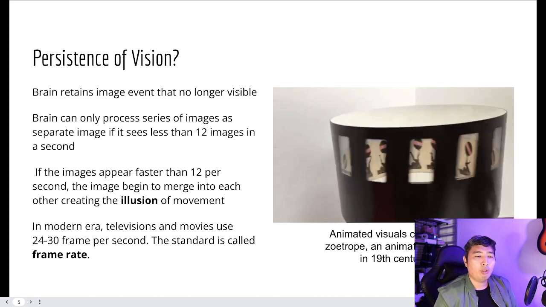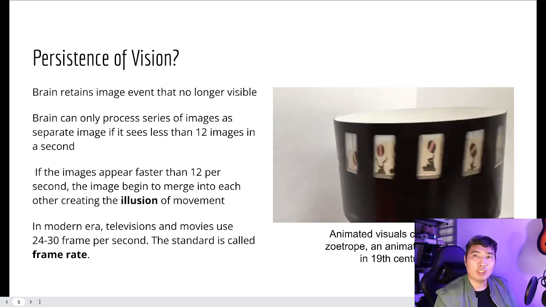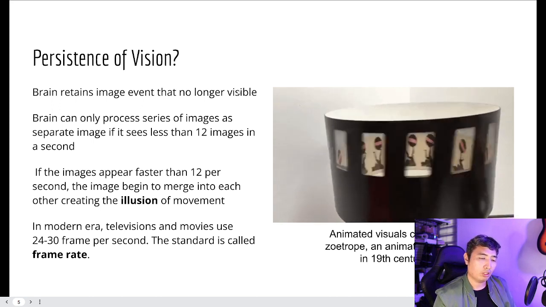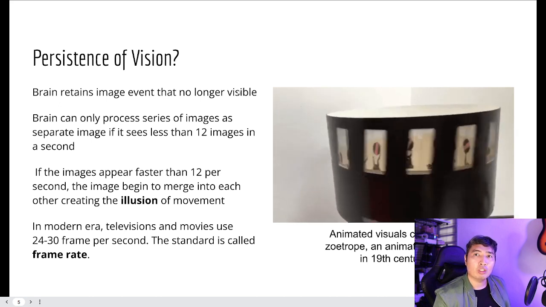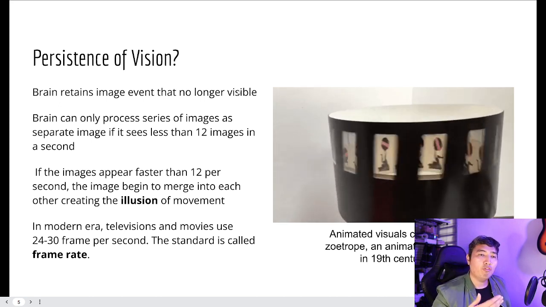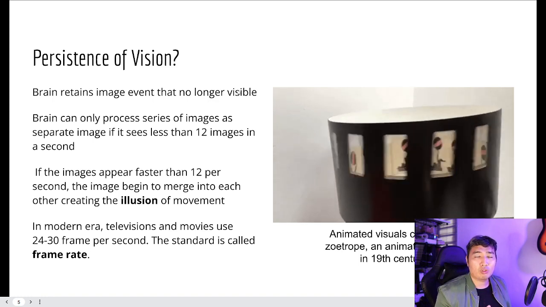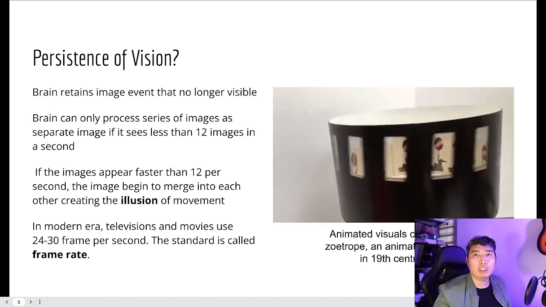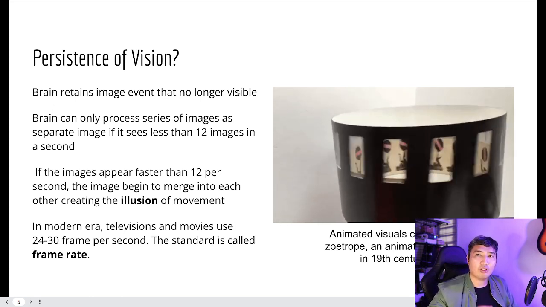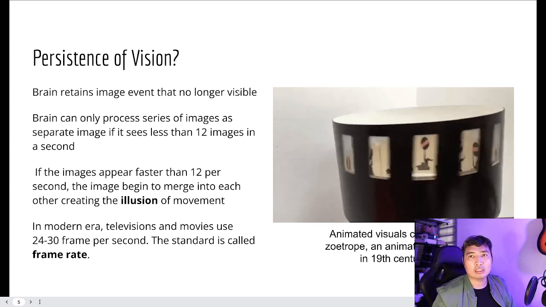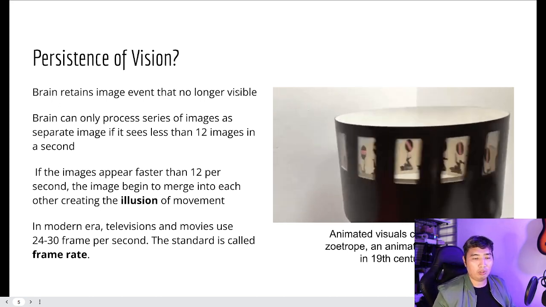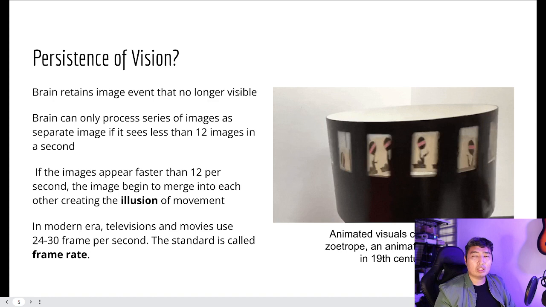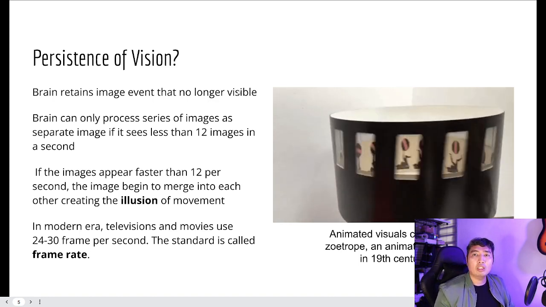When an image A is presented to us, and afterwards we take the image away from our vision, somehow our vision retains the image for some time before another image comes in, which is image B. So this series of repetitive action happens, with repetitive images presented to us frame by frame,